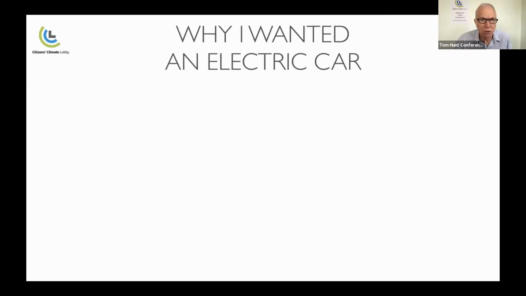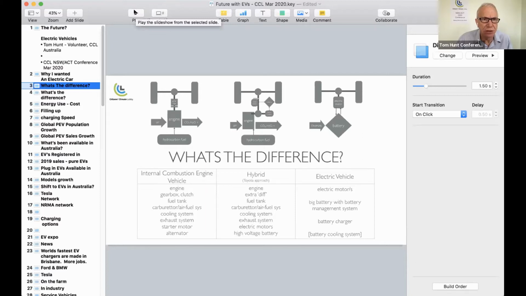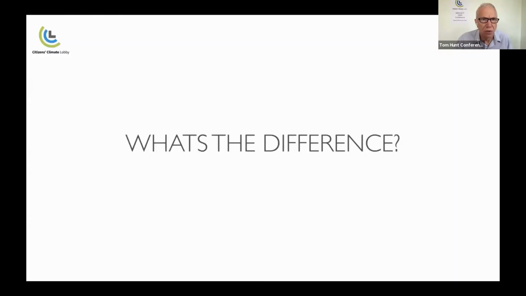are you seeing this animation? What's happening here? Yeah, we just got the heading at the moment. Just click on just to try it out. Click a few forward and click a few back. I have, and they're not showing clearly. Yeah. At the moment, we've just got why I wanted an electric car, and what happens if you click forward? Yeah. No. Oh, here we go. You got it. You got it. You got it. You got another. Okay. Oh, well, back. this is back on the screen. I don't know why that's not working. When I go to play the presentation, it shows you while I start to play, and then it stops showing you anything further, it seems. Try it one more time. You've got what's the difference? Yes. And if I click on this, do you see something changing? No. No. Okay. Well, we'll